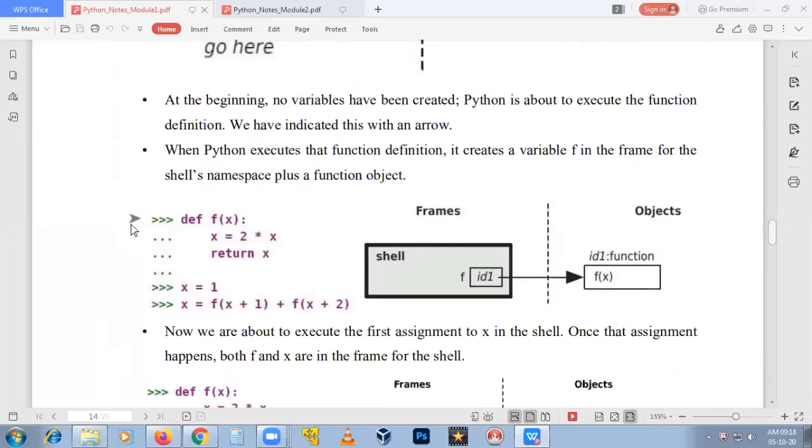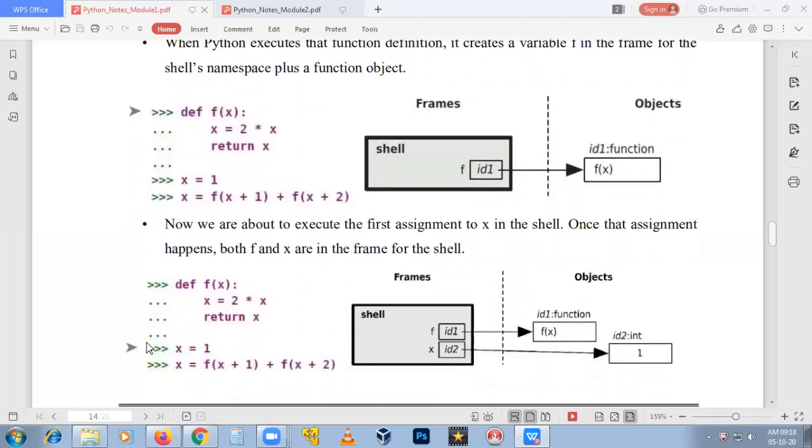Whenever you specify this arrow mark, it is creating a function f of x. It is allocating memory id1 and the function is f of x. And f is a variable of type function, and it refers to this particular memory location. Exactly there, all the statements are stored. Next,